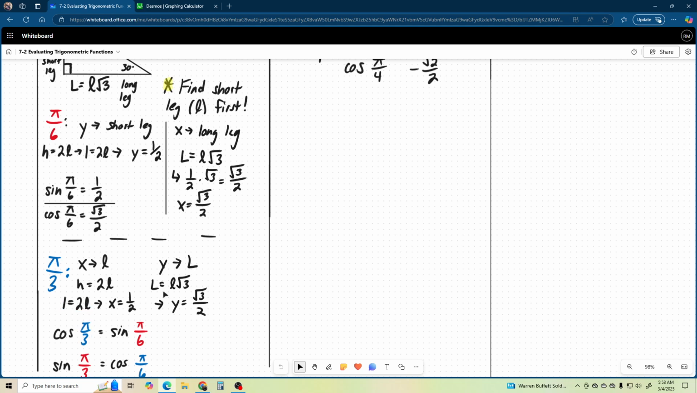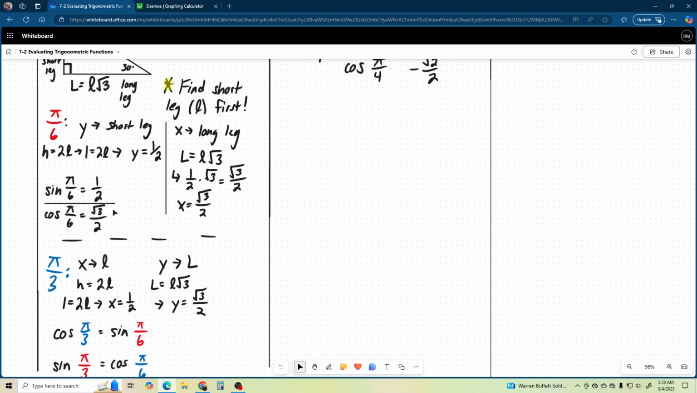All right. So just like before, cosine of pi over 3 is going to equal this. But let's do y real quick before we get ahead of ourselves. Remember, y is our long leg. Our long leg equals the small leg times the square root of 3. We already determined that the small leg was 1/2. So in this case, y is the square root of 3 over 2, which means that if we look at this,